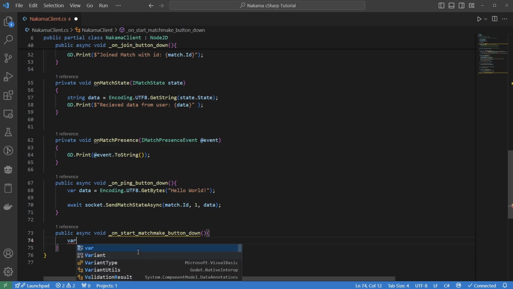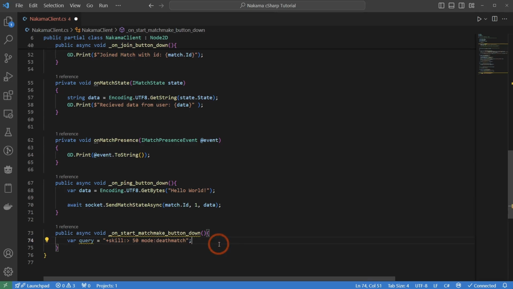So we'll say var query is equal to a quote, and we can put what kind of query you want to do. You start with plus, and then you could put something like skill level, skill colon greater than 50, let's say, space mode colon